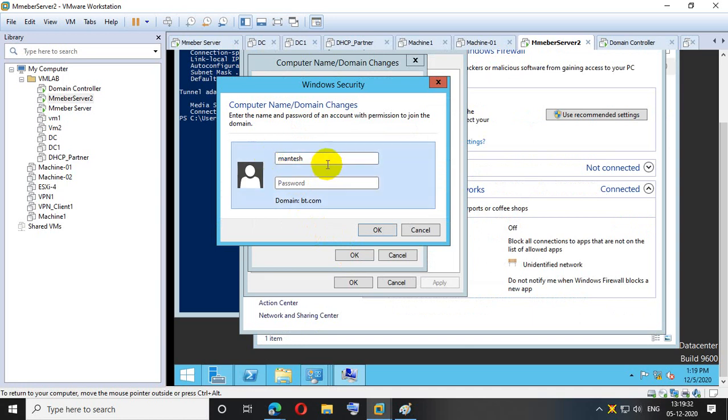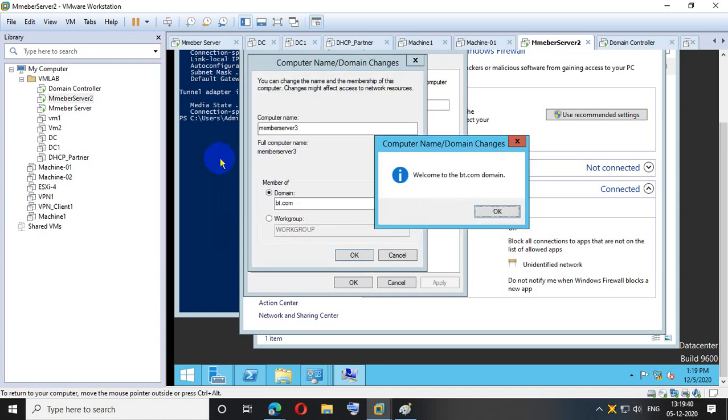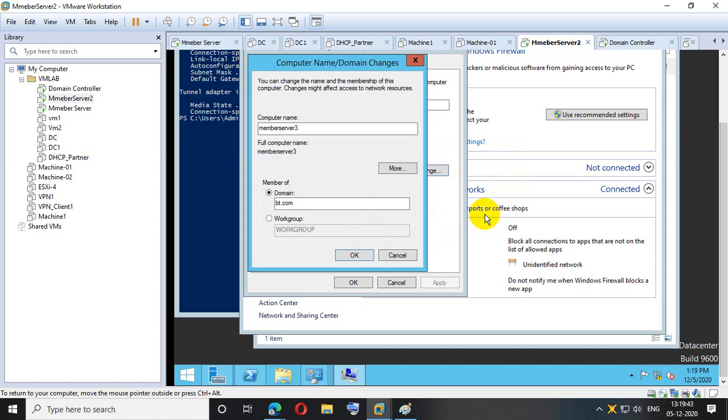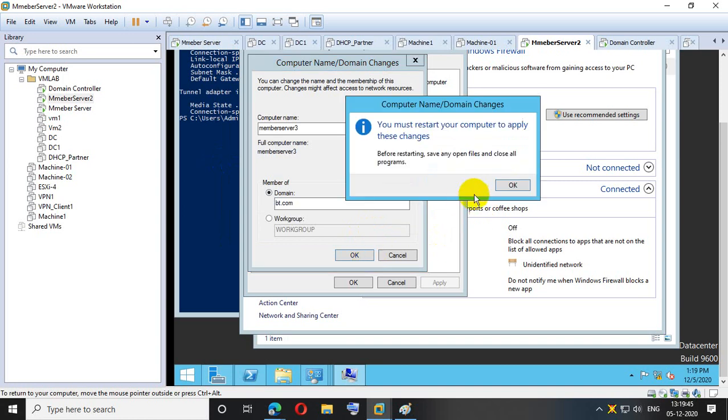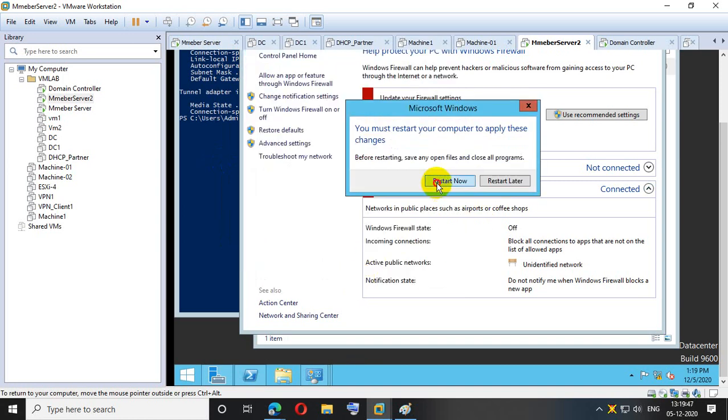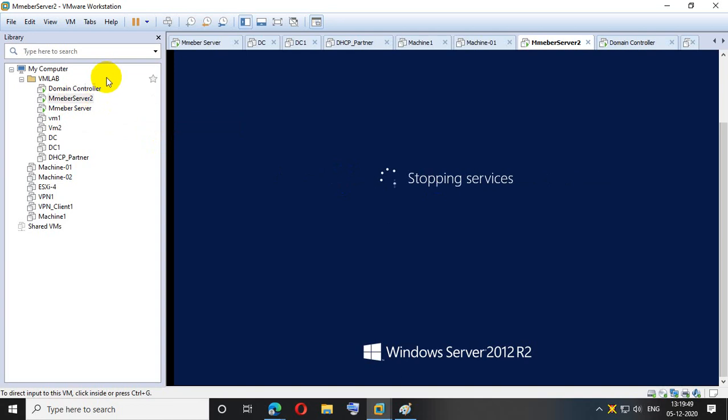You can give any user, no matter. Just joining the domain, that's it. After that I will log in as Mantesh and see whether the profile is working or not.